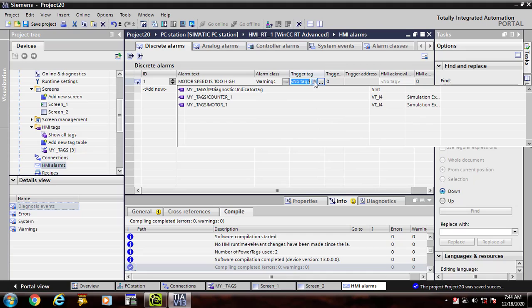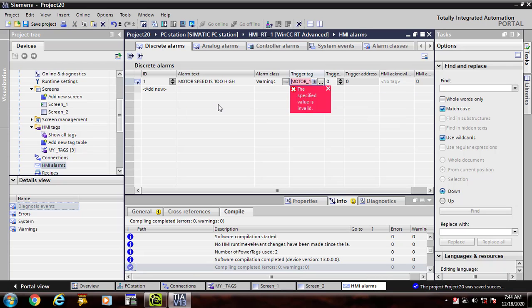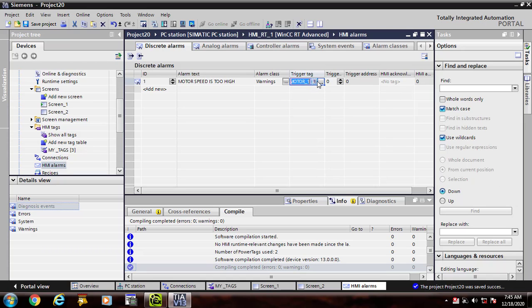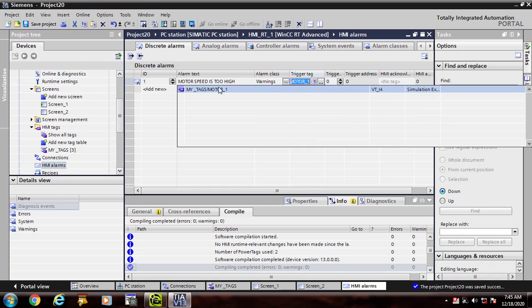Yes, here is my required tag. I will assign my tag to it. And this is my HMI tag. I have assigned it